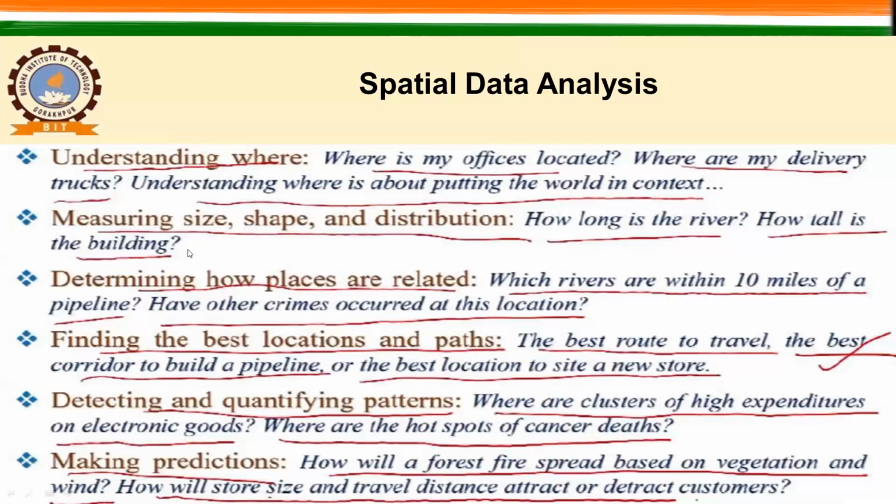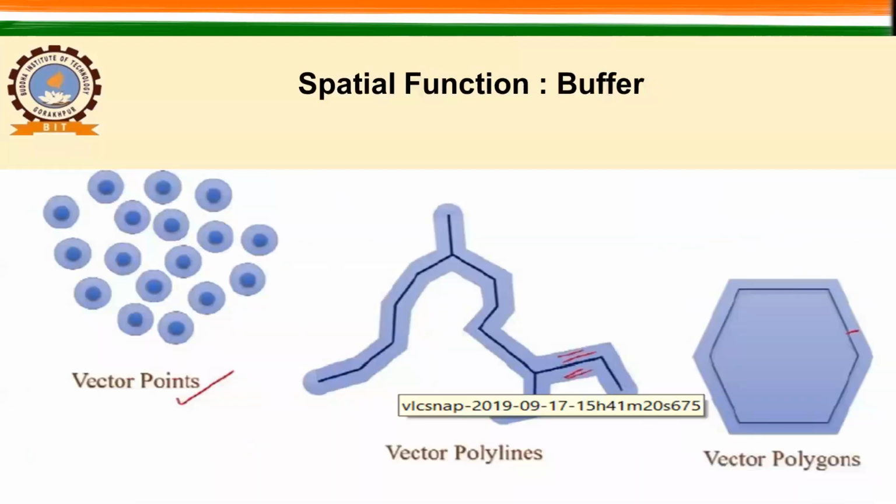There are different functions which I want to highlight, which you can always perform using any GIS software, or you can do it on your own by using a programming language. Let us see what functions we commonly use in remote sensing and GIS. Let us assume these are the vector points, and buffer means you want to create a buffer from the center of a place. From this point, I wanted to create a 1 meter buffer. So this is the output. Here you have vector points, and you can see how they look after putting the vector layer. It is very easy when you are dealing with GIS.